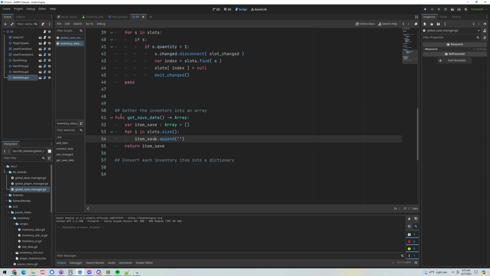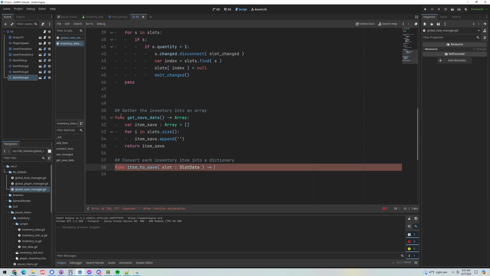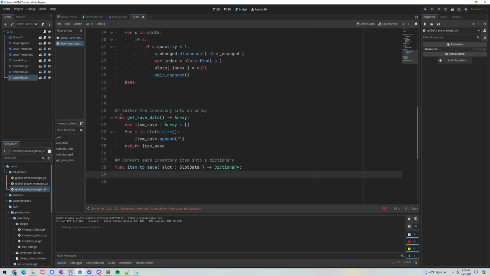We could put logic right in here to figure out what item we need to get, but let's do that as a separate function so that it doesn't get too messy. So let's make a new function called item_to_save, and we'll pass in the slot that we're looking at. We'll have slot_data, and it'll return a dictionary, and we'll do this. Let's go var result equals,